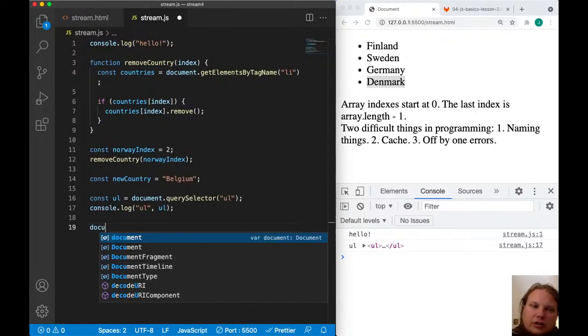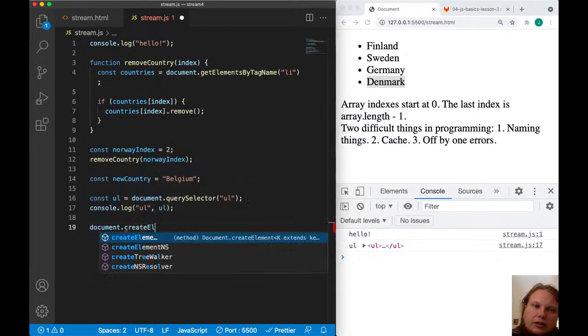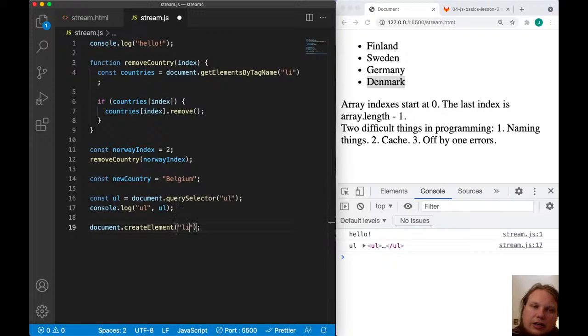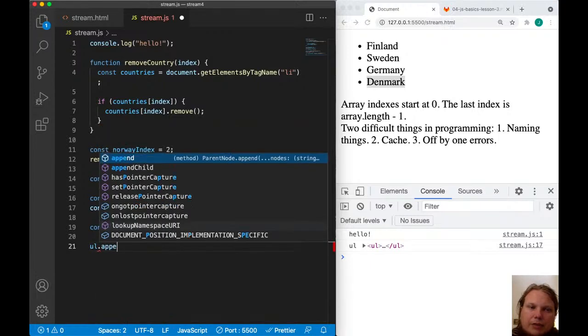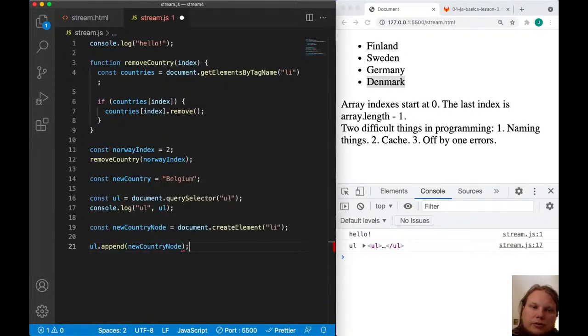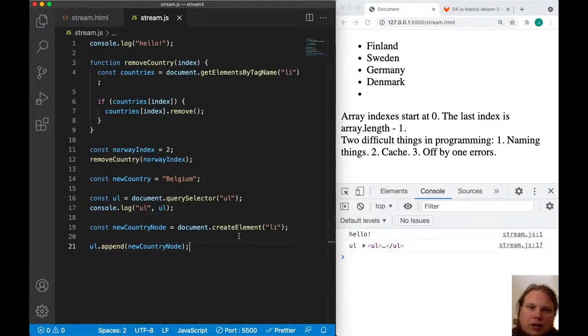So let's say document.createElement and we want to give it the li element, and let's store it in a variable. newCountryNode equals document.createElement('li'), and then ul.append(newCountryNode), and now we have